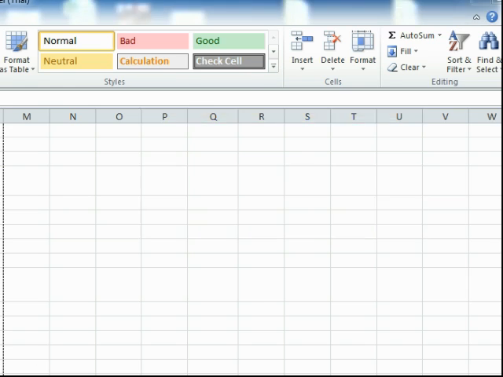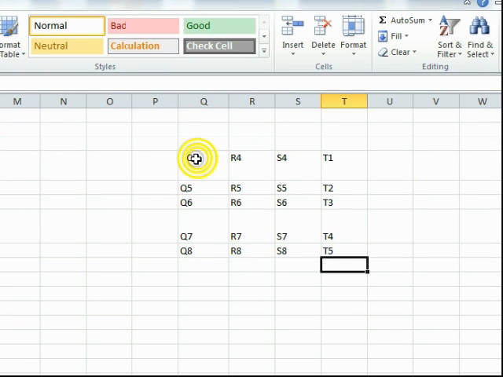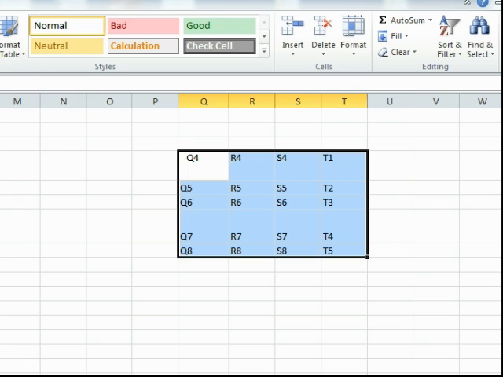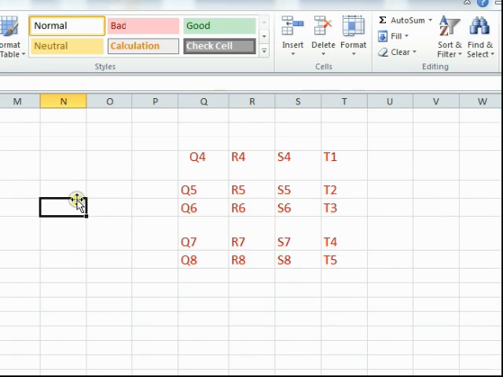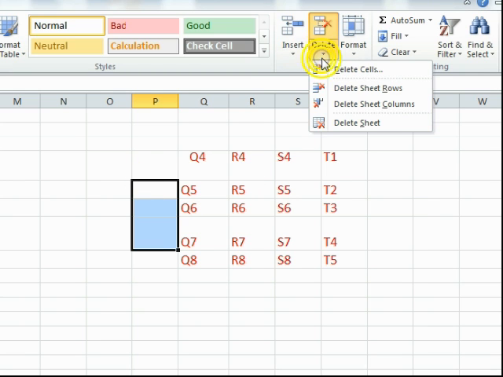Now, in this range, I simply typed the names of the cells themselves just for illustration purposes so that you can see what happens when we delete. Notice this is Q4, Q5, Q6, S5, S6, S7, etc. Watch what happens if I select 3 rows at once and then I delete them. If I click on the 3 middle rows, 5, 6, and 7, and then I click Delete Sheet Rows,